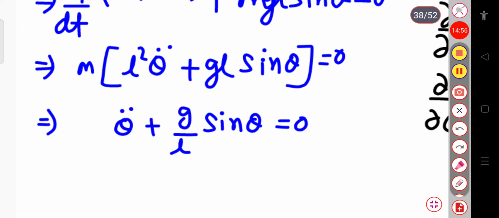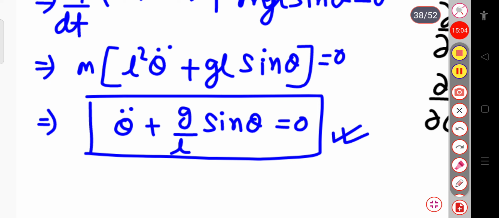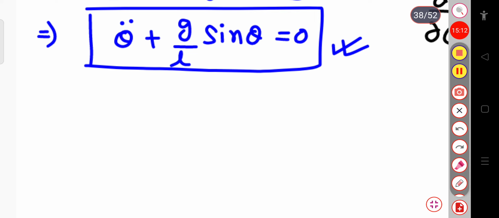So this is the expression for the simple pendulum that we have calculated in the form of the Lagrangian method. This is the equation for the simple pendulum, that is θ̈ plus g/L sin θ equal to 0. Now if I consider small amplitude oscillation,